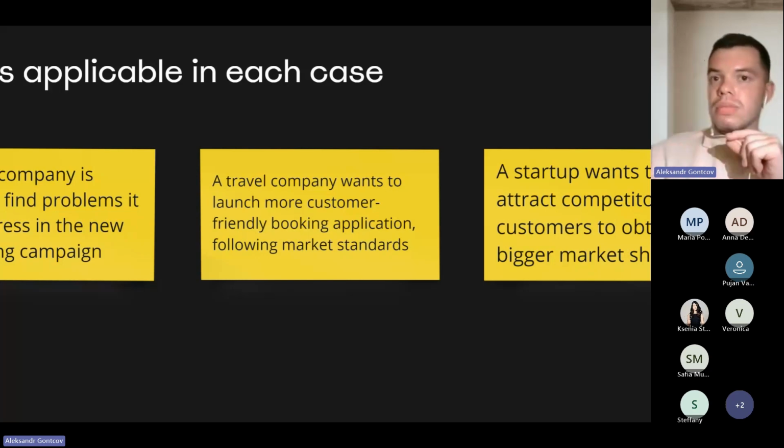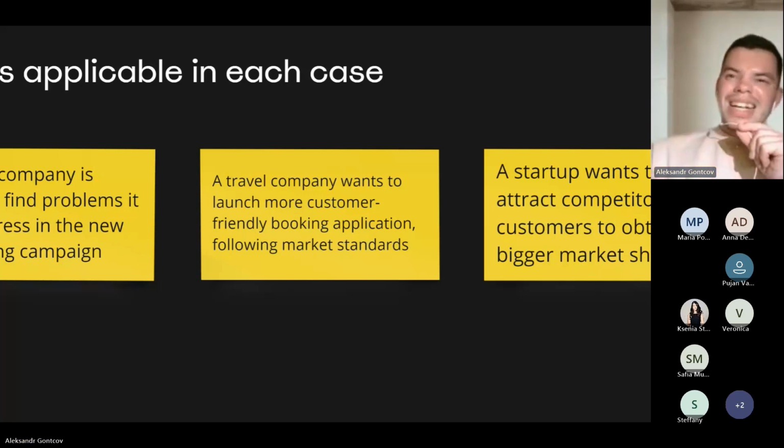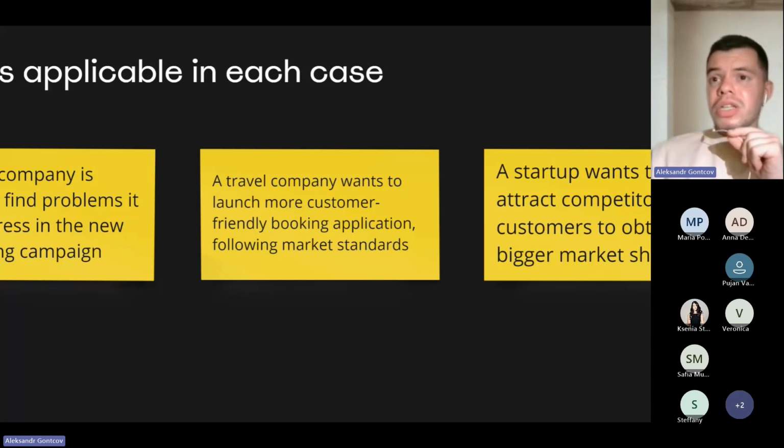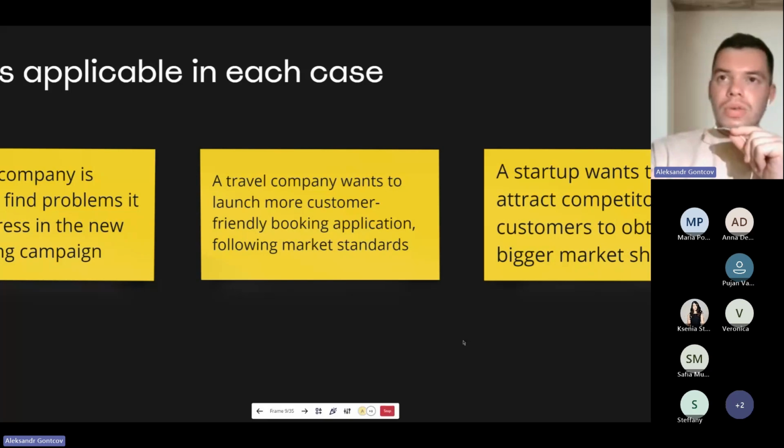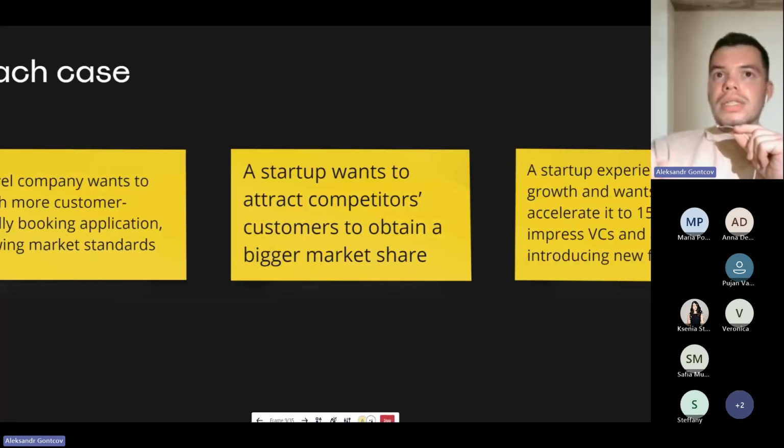So you see that something is working right, something is not working right, and in those in-depth interviews and that test, you will see actually what should be changed. The jobs to be done in this particular case will give us not a lot of valuable information. So yes, I would recommend you to choose another tool. Let's go to the second.